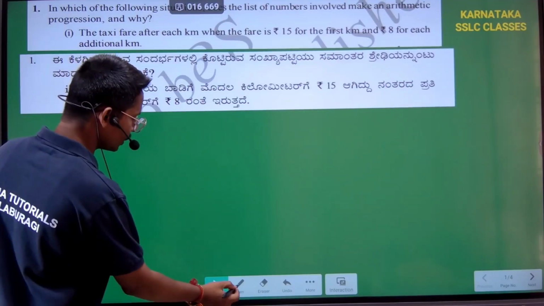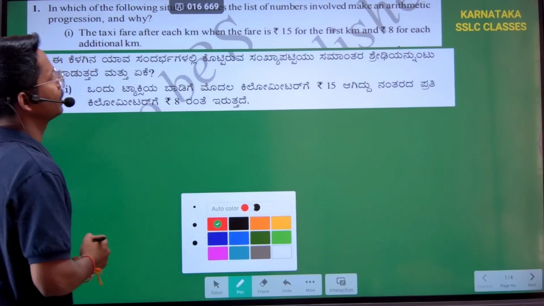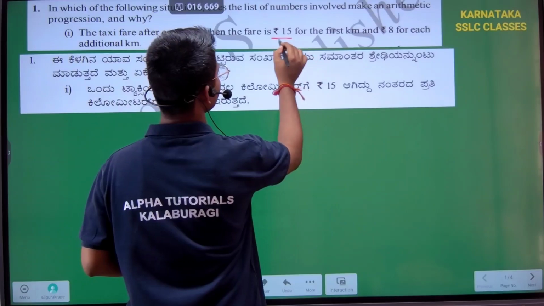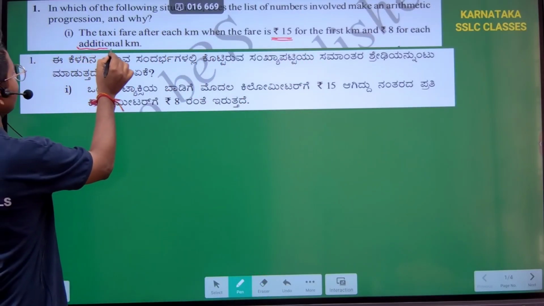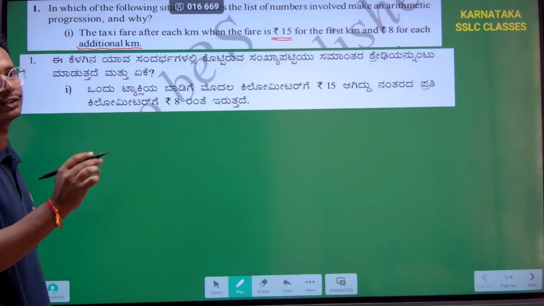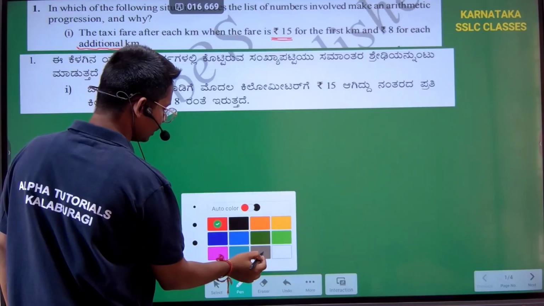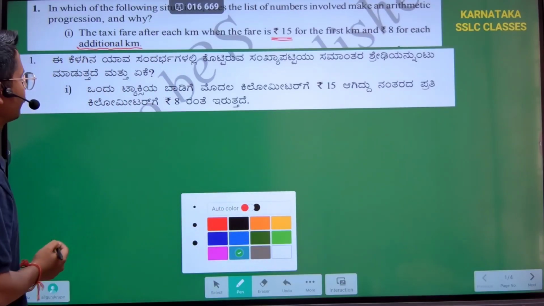So here you need to understand the key points. What are the key points? For the first kilometer the taxi fare is 15 rupees, isn't it? And for each additional kilometer, they are charging 8 rupees. So this you can write with the help of a progression. So first we will see